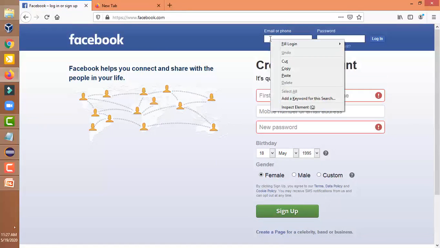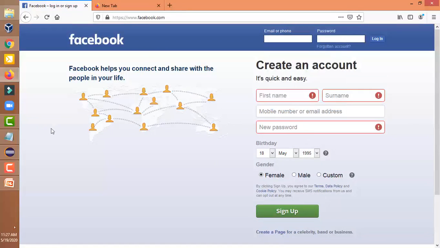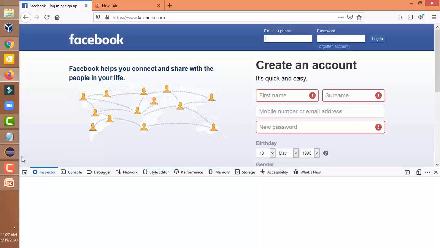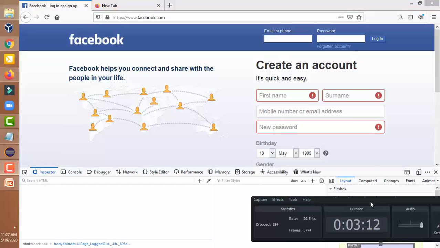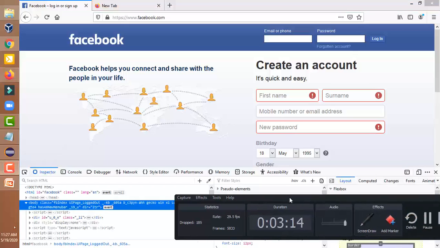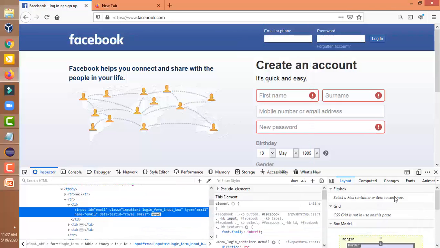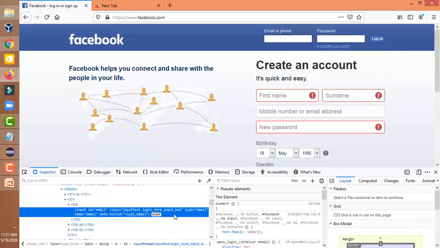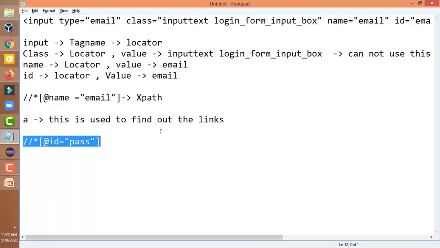In a similar way, go to inspect element. Right click over there, copy, go to XPath. Now you can paste that XPath over there.